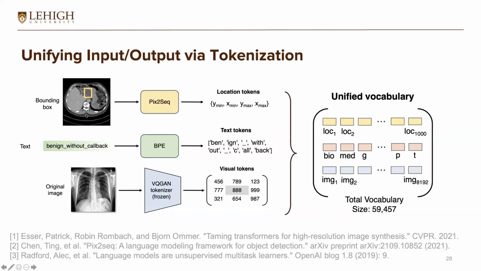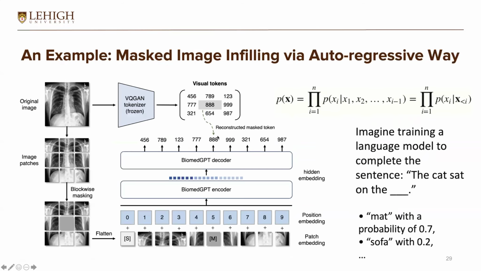Something very interesting is another very famous model called Segment Anything, right? It's a very generalist segmentation model proposed by Meta. Bounding boxes like this are put into their training framework, typically in this kind of generalist model. But this unified vocabulary was first proposed in our work, especially for the biomedical area.